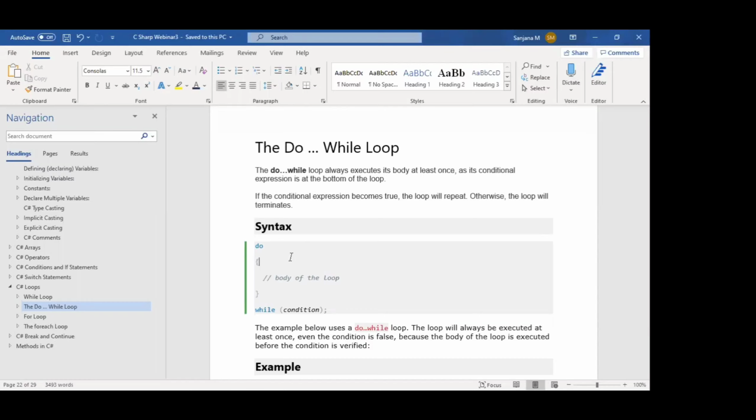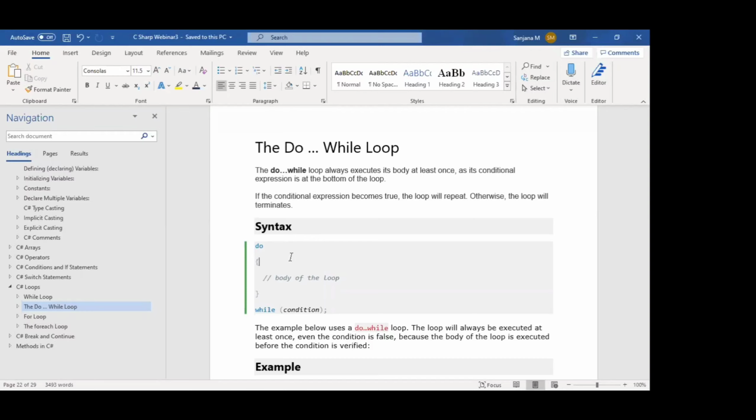So the only difference, if you see here, compared to the while loop and do while loop, is that in the do while loop, at least once it will execute. The second, third time, whether it executes or not depends on whether the condition we specified is satisfied and becomes true.